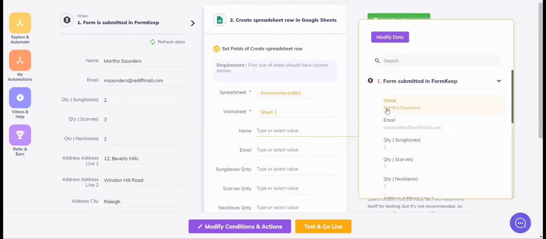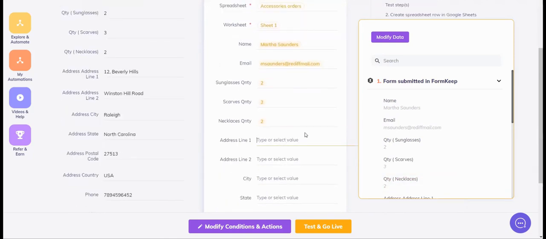For name, I have the name. The email, I have email. Sunglasses 2, scarves 3, necklaces 2. Now comes address line.